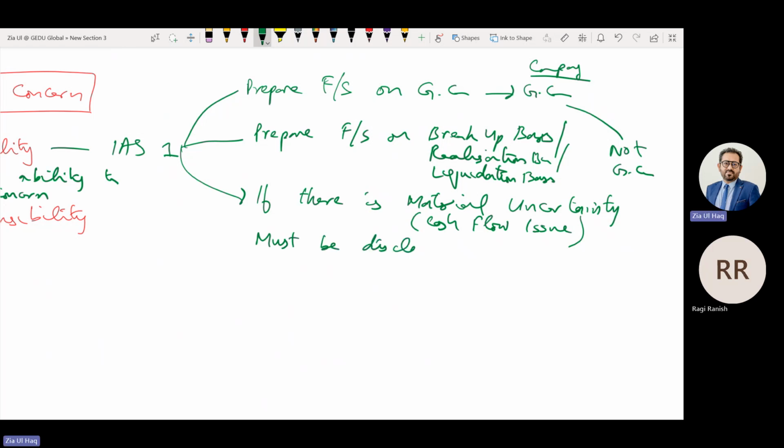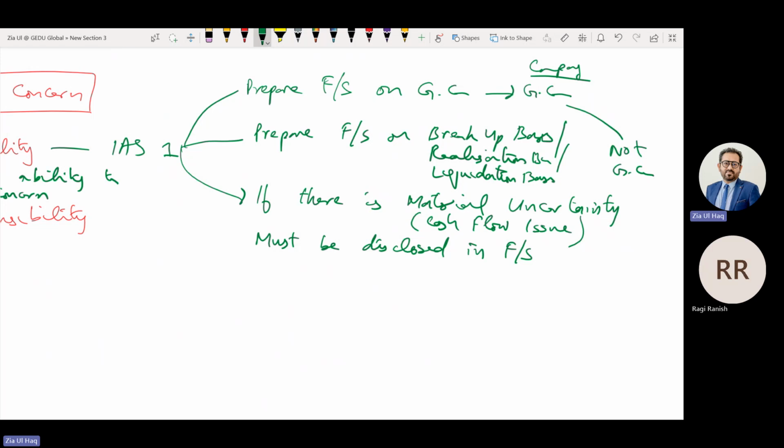There must be disclosure in the financial statements, like the company has this cash flow issue and will be able to resolve it through this. If they haven't provided this disclosure, the financial statements are wrong. If the company is not a going concern and they have prepared financial statements on a going concern basis, the financial statements are wrong.